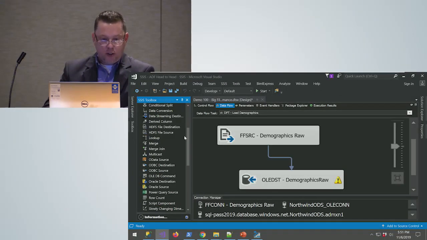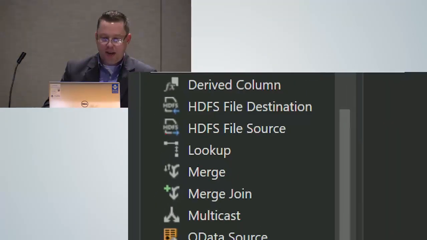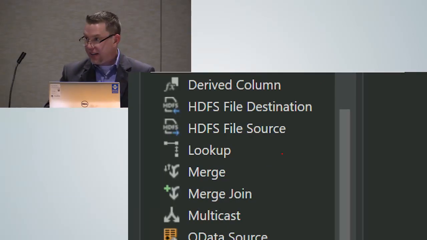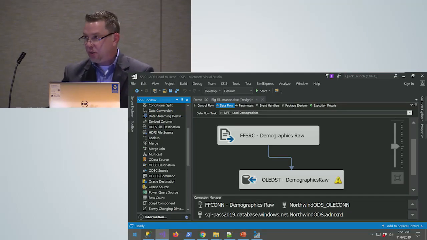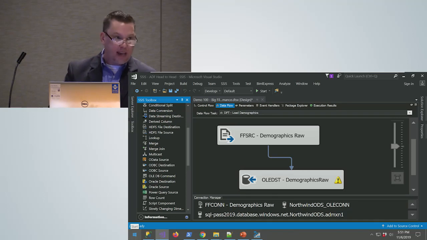It lets me do things like lookup as well. If I'm loading a table that I know already has some data in it and I don't want to reload that data that already exists, I can use the lookup transformation for that. Those are all the fairly basic things of Integration Services, and for any comparable tool, I want to find if those pieces also exist in whatever tool I'm looking at, specifically in Azure Data Factory.